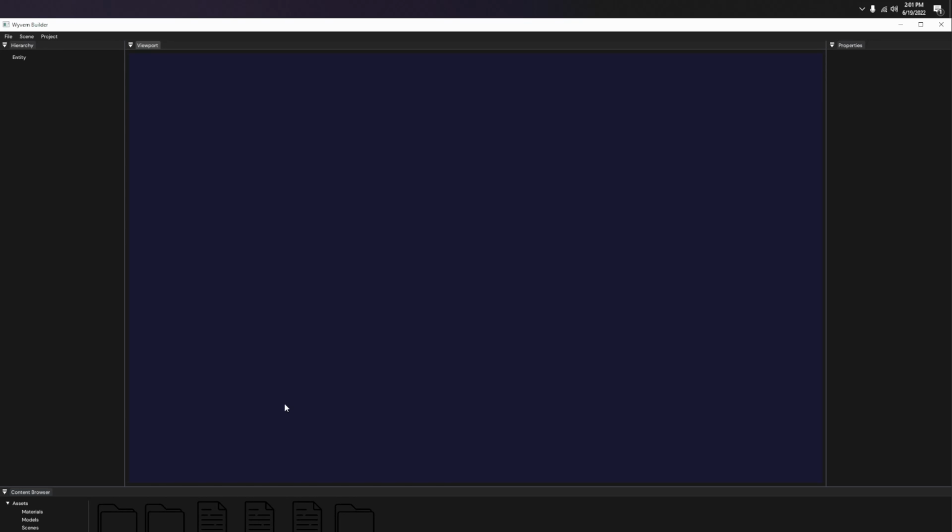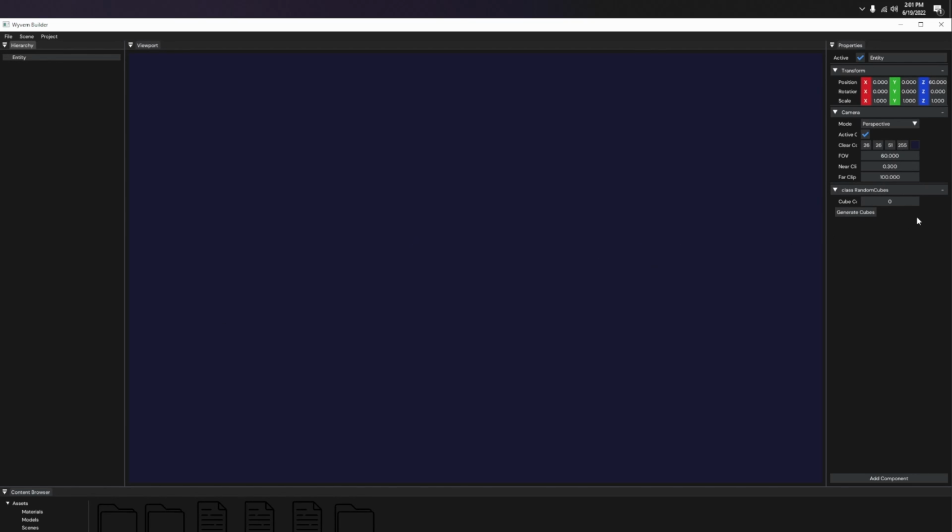Today we're going to be taking a look at the differences since the last devlog, and the main difference is that I've added 3D rendering. So we're going to take a look at what's going on in the editor now with 3D rendering, and just take a look at some of the things I had to solve for adding 3D rendering to the engine. So to take a quick look, I added this little test script to add random cubes to the scene,